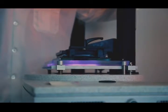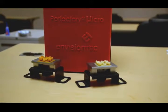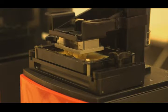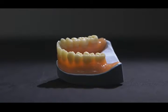The printer that I have right now prints wax patterns for copings and for full cast crowns. And it does it quickly, and it does it extremely accurately. With the Perfectory Micro, you will gain the technology that EnvisionTEC provides when building complex geometries, and especially in dentistry, when we're building round surfaces, we can achieve a high quality surface finish, and especially when we're casting,